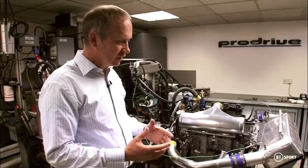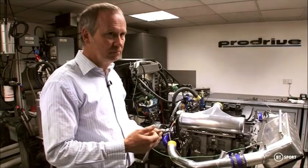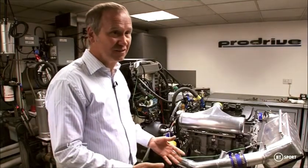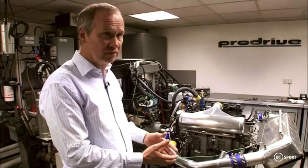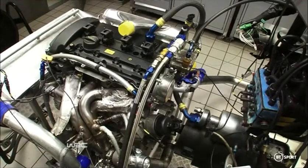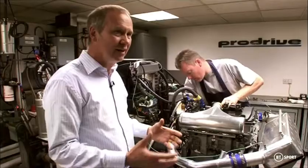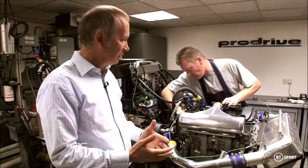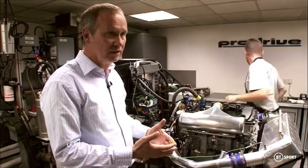The engine is a collaboration between ourselves and BMW Motorsport. BMW Motorsport, I would have to say, are doing most of the hard work. They're the guys that are creating the base engine. Our role in it is to think about how it will perform in the rally car as opposed to in a racing car. So we have to think about the extra control that you need in a rally car compared to a racing car,